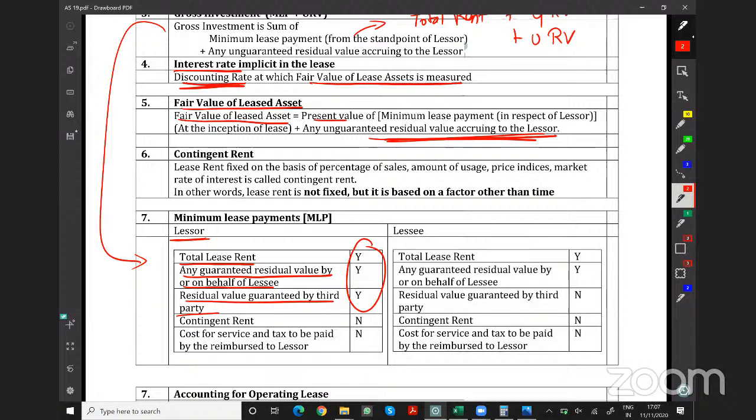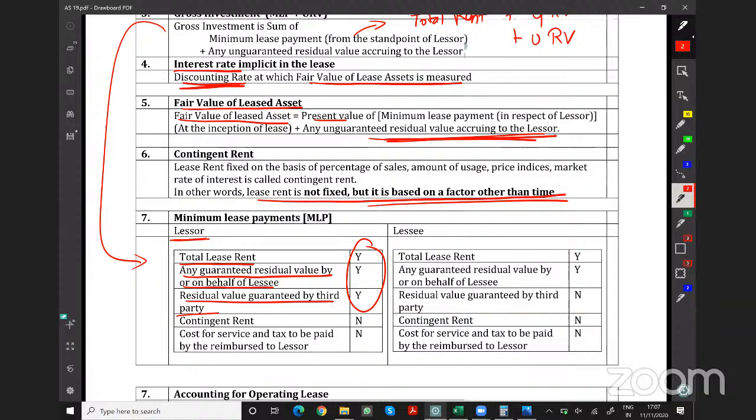Okay. So, sir, what do you mean by contingent rent? The rent which is not fixed is known as contingent rent. It is on a particular sale. If you do sales of 10 lakh rupees, I will receive 1%, 2%, 5%. This is known as contingent rent. Lease rent is not fixed, but it is based on a factor other than time, like on sales, on customer